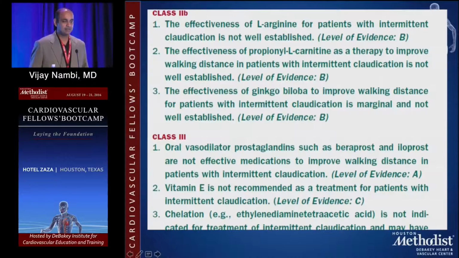And the other things, as we talked about, L-arginine, carnitine, ginkgo biloba, all of these things are class 2B, and the other things that are class 3, including vitamin E, chelation, and all of that. But there are a lot of studies and efforts in, for example, cardiac angina for chelation and all of that. And these are things that you may hear over the course of the next 20 years. But as it stands now, these are front and center. So essentially for claudication itself, remember walking is the key thing. That's the best evidence there.